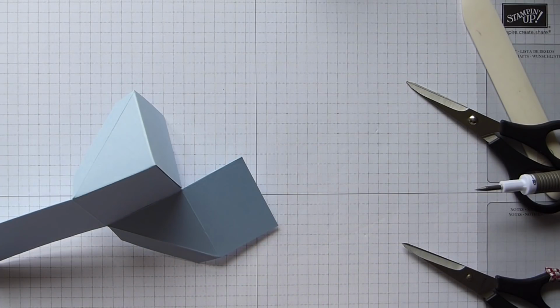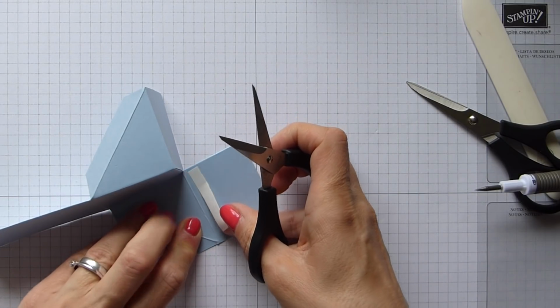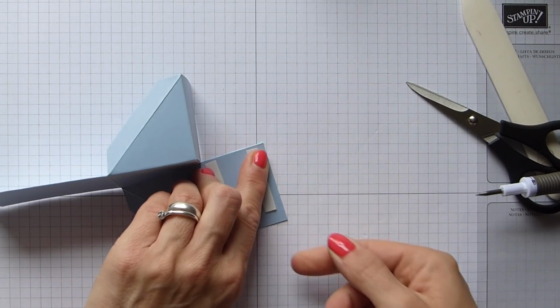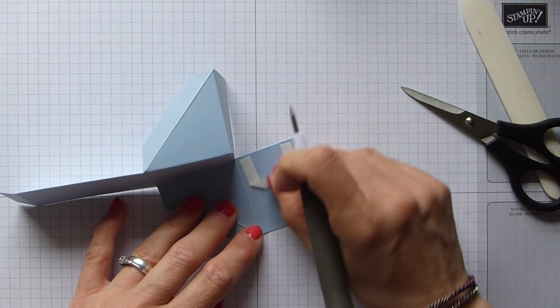Now obviously if you want to use tear and tape, that's fine. If you want to use wet glue, Tombow, whatever you want to use. I'm just going to use tear and tape just because, as you know, it's quicker and easier. Stick those on there, take the backings off,